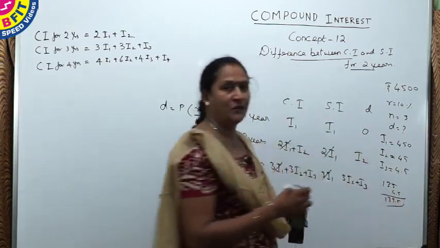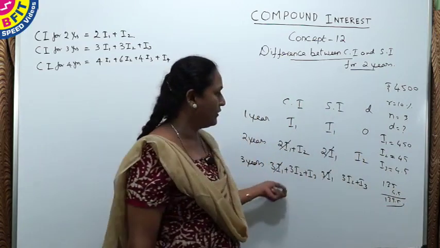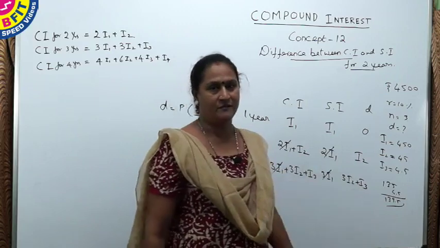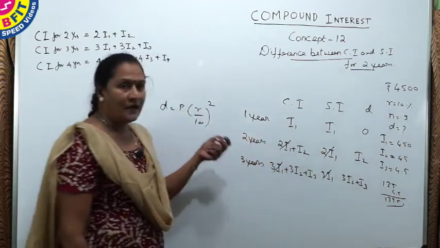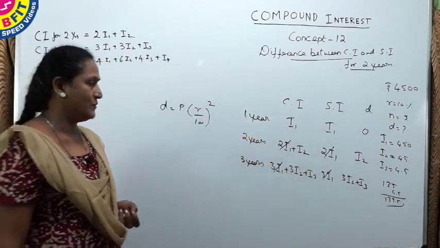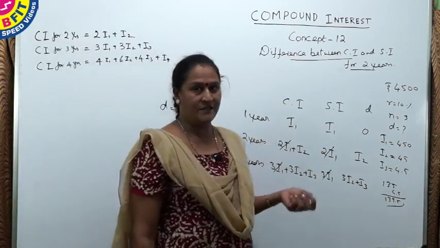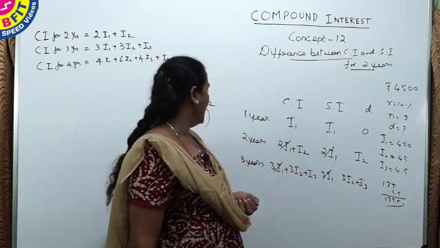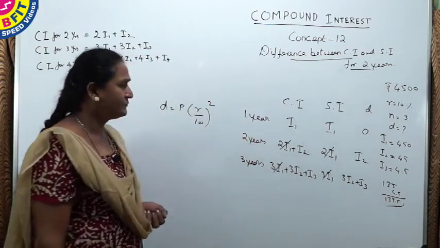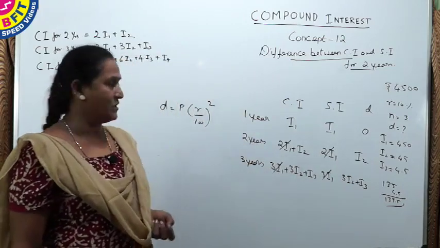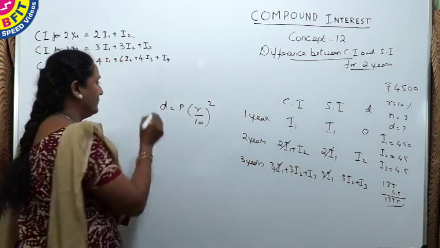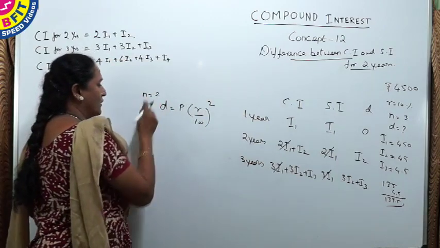So 139.5 is the difference between compound interest and simple interest for 3 years. Likewise, you can proceed for 4 years also. So when the difference between CI and SI is asked, instead of using the formula, you can just use this I1, I2 concept to find the difference. So this is the formula for 2 years,